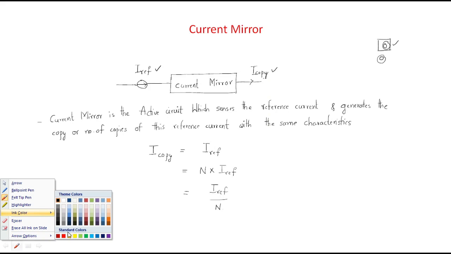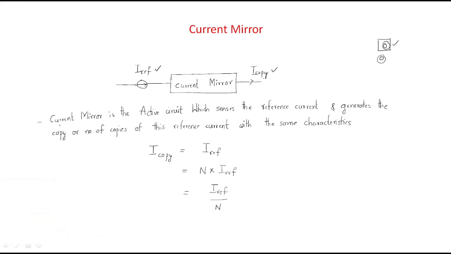So here, looking at the definition, a current mirror is an active circuit. It consists of active elements which sense the reference current. It will take this reference current and generate one copy or a number of copies of the reference current with the same characteristics. So the characteristics must be the same as the reference current. Here, the copy current will be the same as the reference current, or otherwise n times of